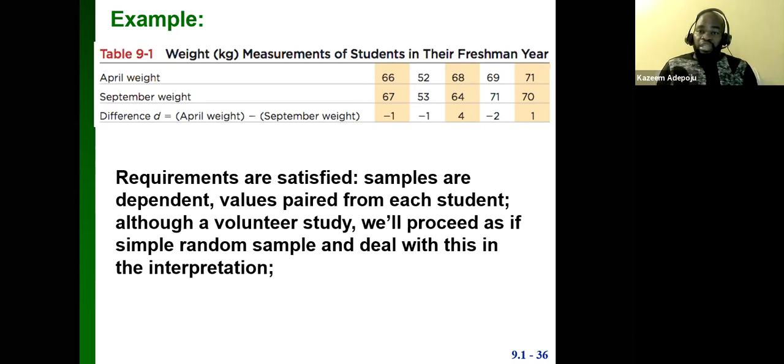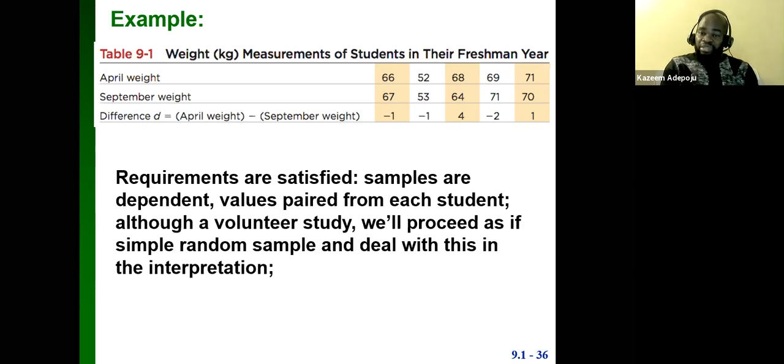Because they're actually going to be studying, that's why we want to see whether that could have effects on their weight, whether they're going to lose weight or gain weight or stuff like that. And that is the reason why. So if you want to have the difference now, it means I'm actually going to have the April weight